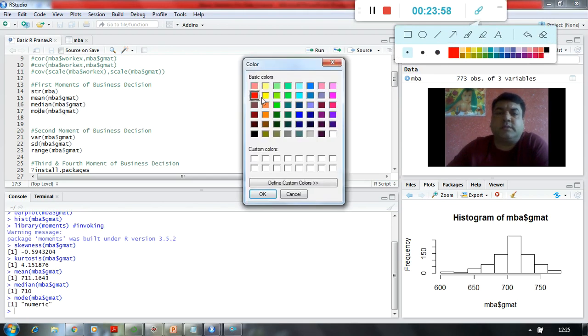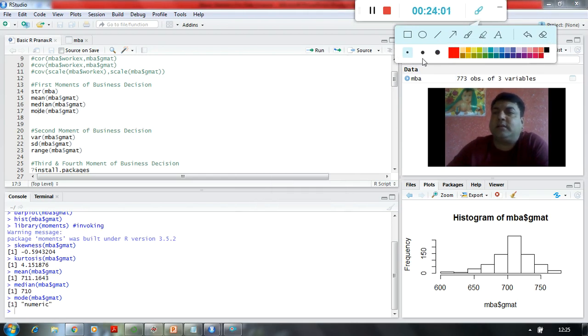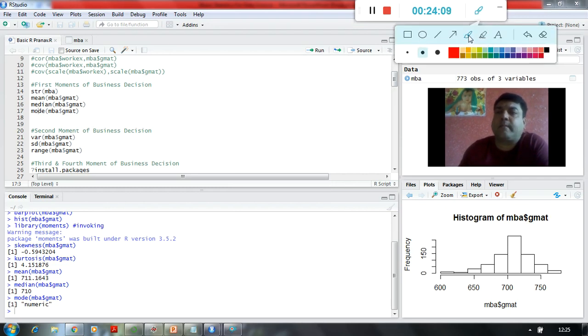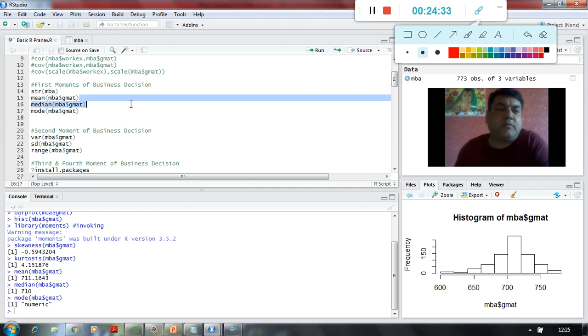So what we can do is calculate it by writing, okay, let me take a pen. Yeah, so mode is not a function available in R, but what we can do is calculate this mode.